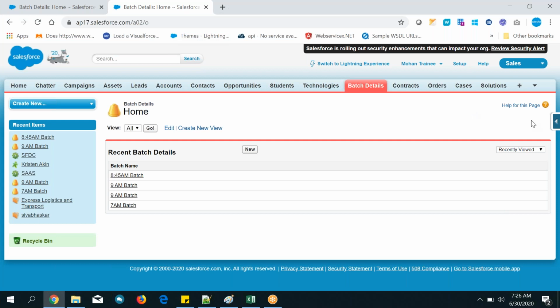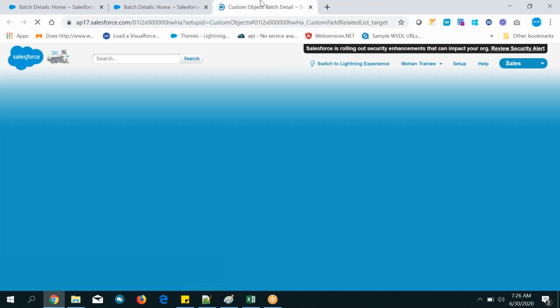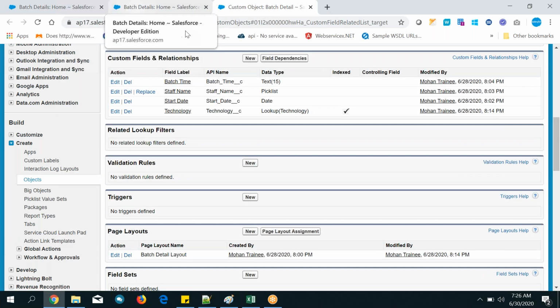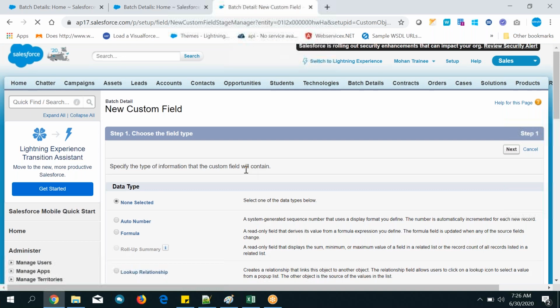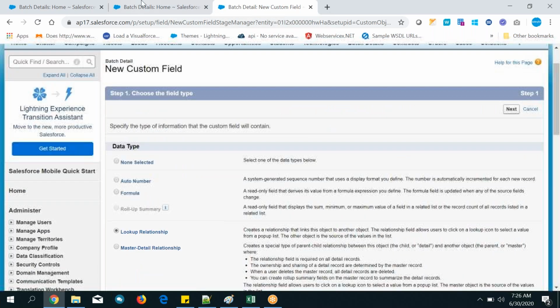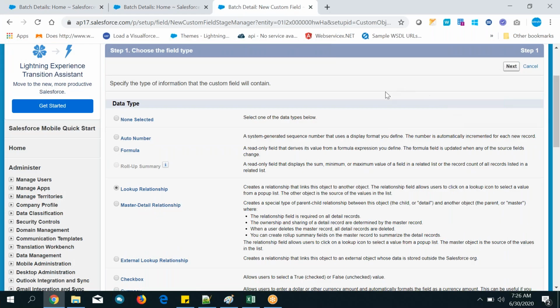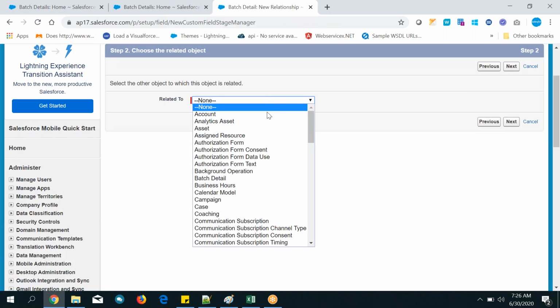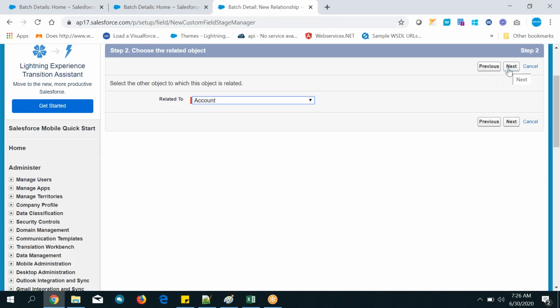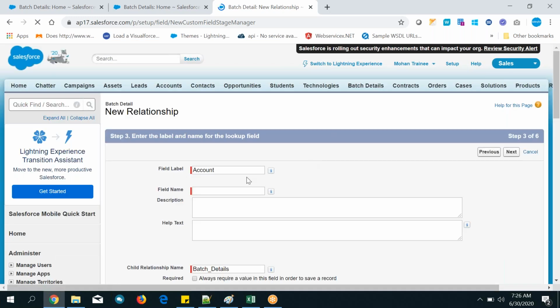Okay, before going to that one, she asked, right, can we create more than one lookup field? Yes, you can create more than one lookup field on this object. For now, who is the parent? Technology on one field, and here you can give another parent, standard objects. You can give standard objects. Next, we have already selected technology. If you want, you can select any other object. Next, like that. Understand? So actually this is the assignment I have given, and click on next. So create a lookup field.